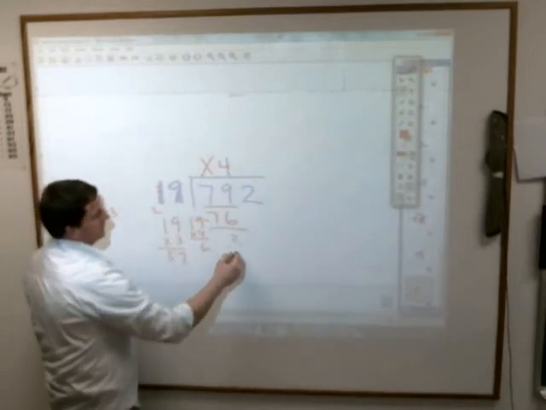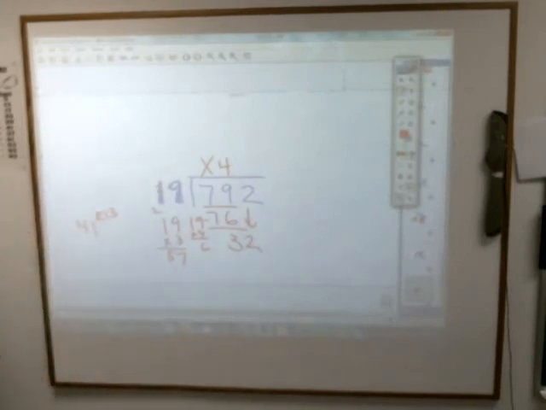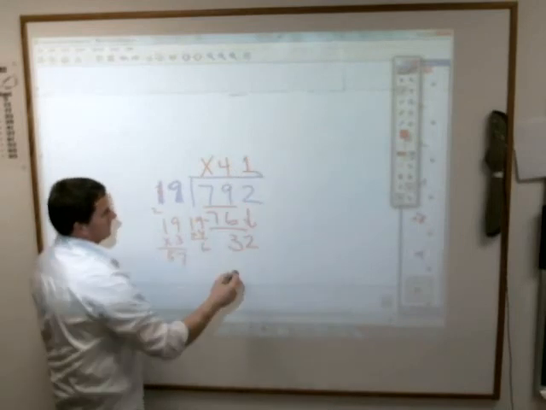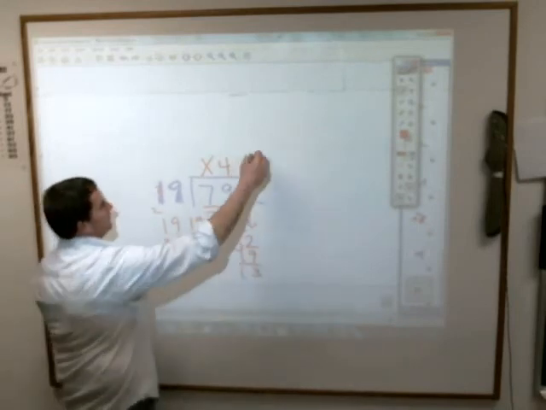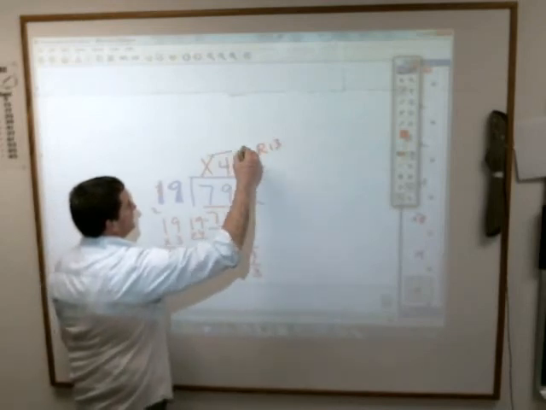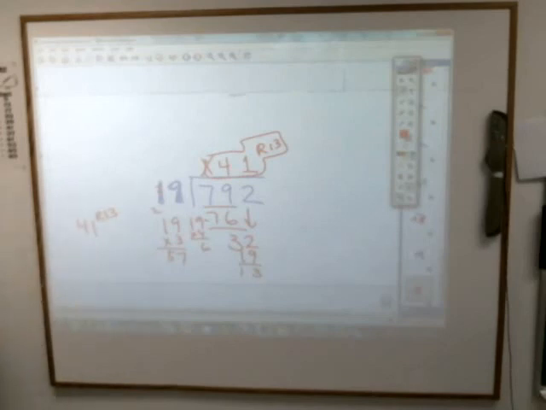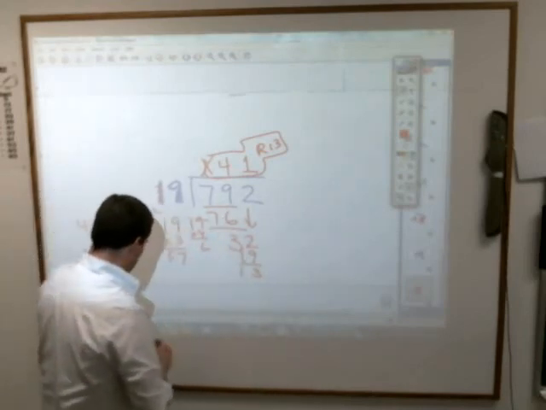Do my subtraction, do my arrow down. How many times will 19 go into 32? Think about it being 20, you add just once. You get 19, and 32 minus 19 is 13. Hopefully that helps you out a little bit. There's no easy way to do all this stuff. But